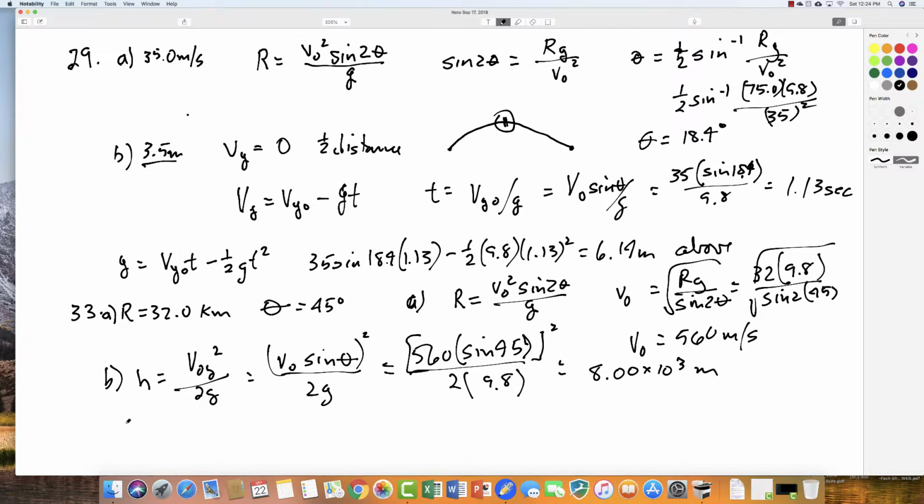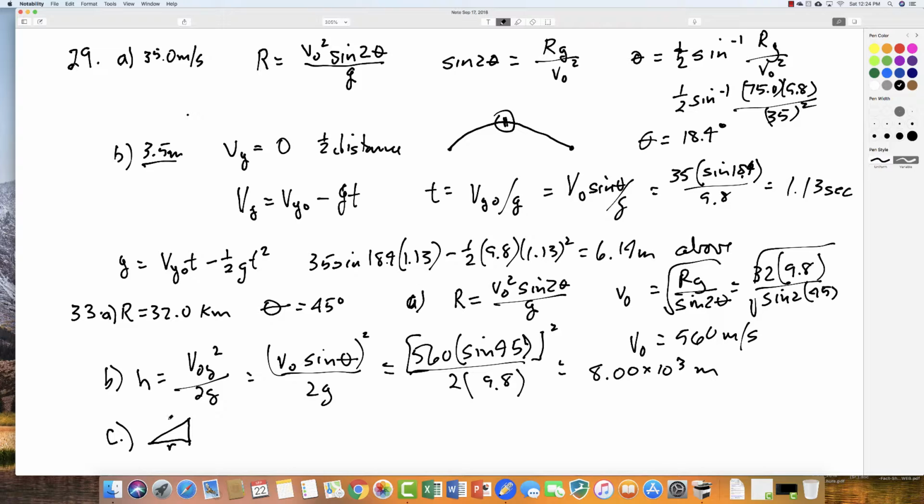Now part C, I'm not going to talk a whole lot about part C because it's a little bit complicated, and I wouldn't put a problem like this on a quiz or test. But part C asks how far above the surface of the water will this go? And probably the best way to look at this, first of all, you have,